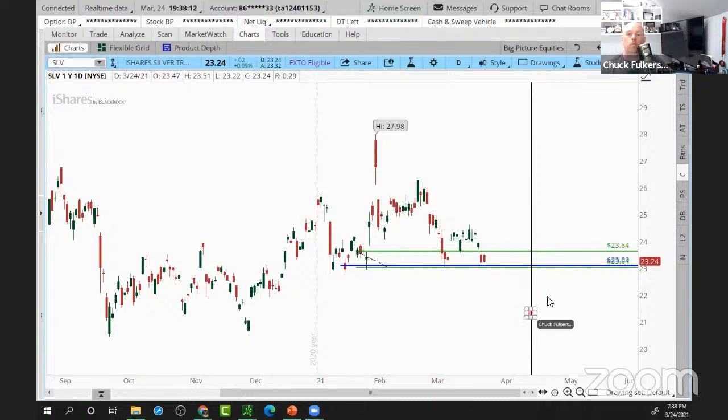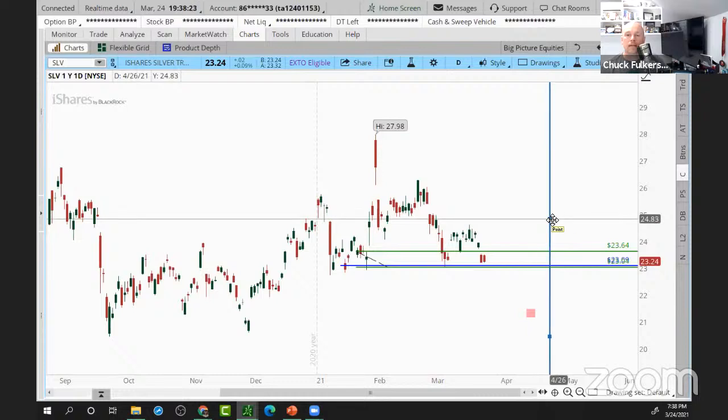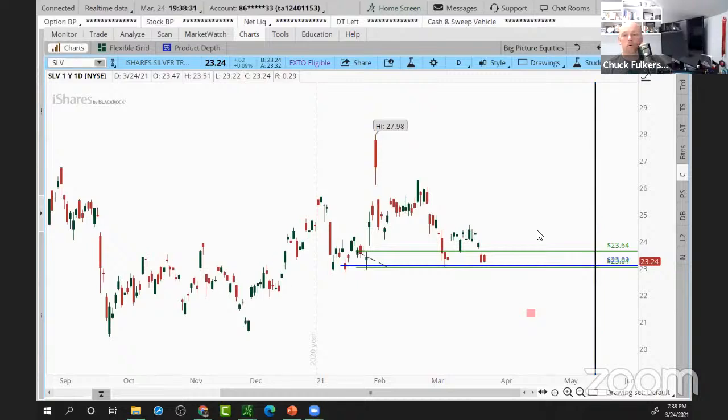But when we roll it down and out, what we do is we say, you know what? I rolled it down to the 2150s. Now I'm going to roll it out to the May expiration. So when we roll something down and out, 2150 is my new number. Now let's go look at 2150. So if I go in here to the SLV,